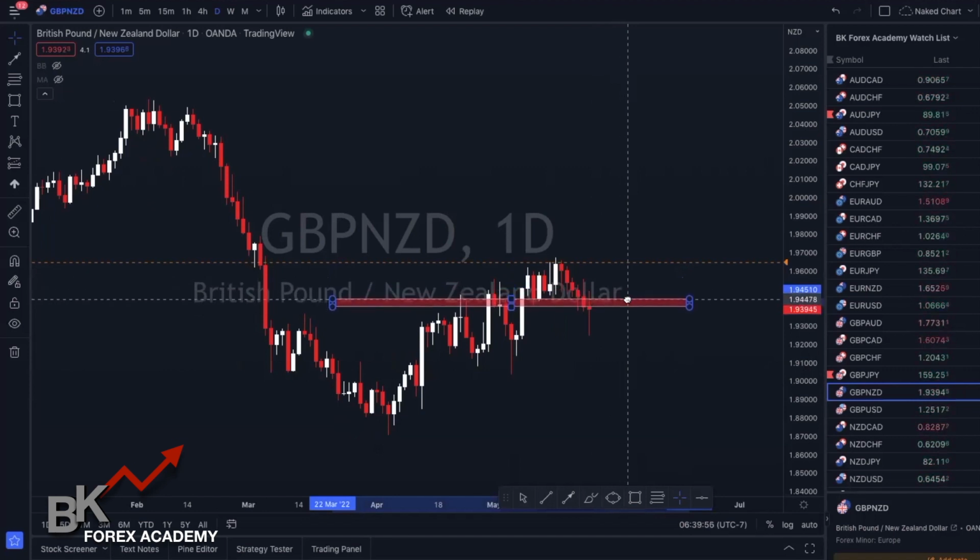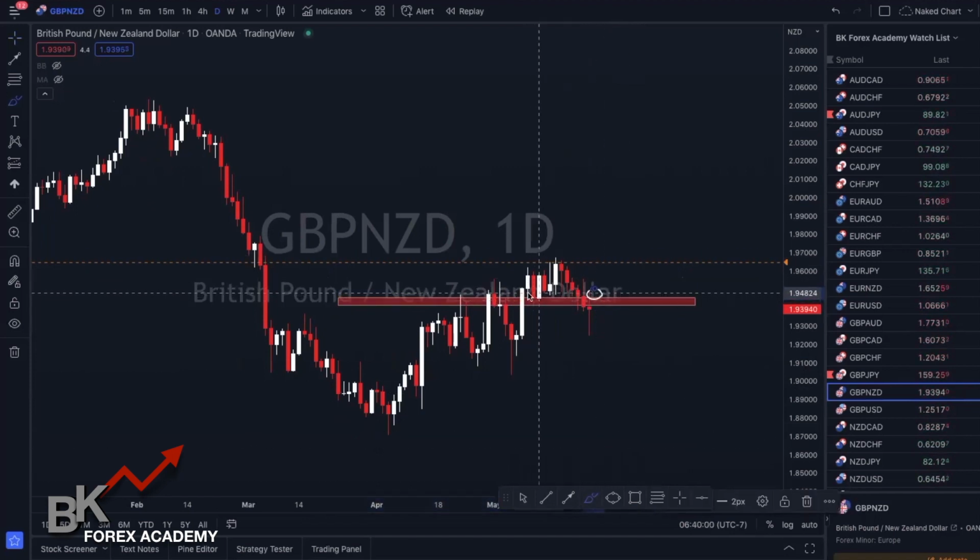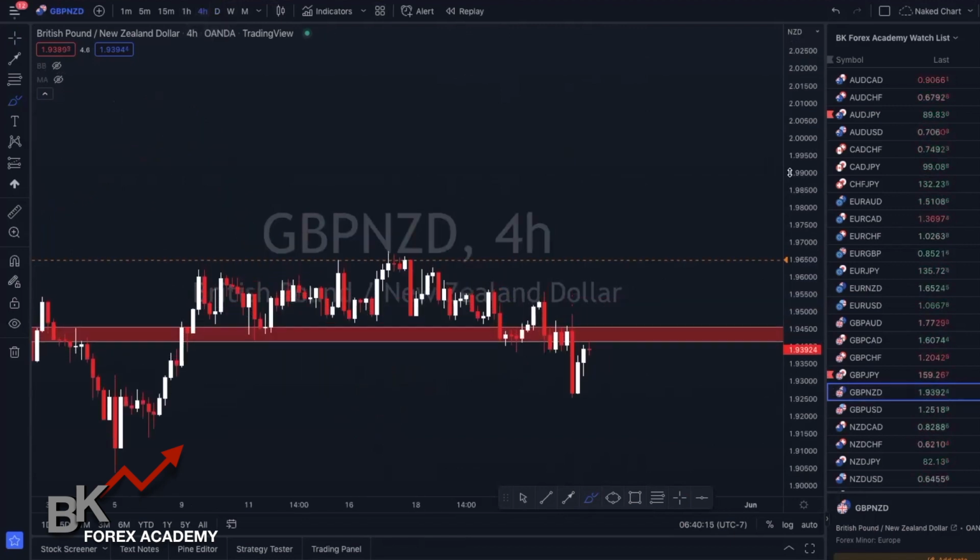You can see right within this area is where we have resistance. We also have support, and we also have resistance. So this is a very important area that the market is respecting, and I'm going to possibly look at that for potential entries. So given that, I jump down to the 4 hour,